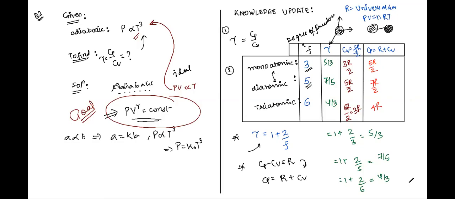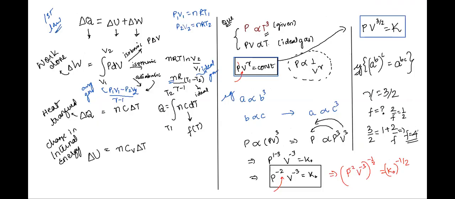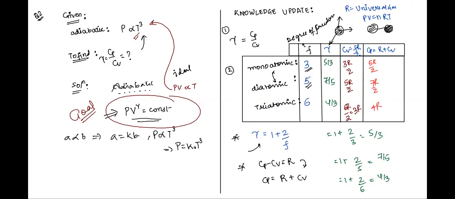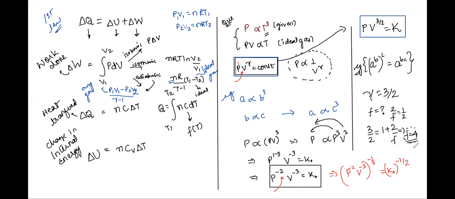I will repeat myself. Suppose you got now F as 4, right? Now it's very baffling. Why? Because if F had been 3, we would have classified this gas as monoatomic. If F had been 5, I would have told it's diatomic, but it's neither 3 nor 5. It lies somewhere in between. So now I'll say that this is neither a monoatomic nor a diatomic gas, but a mixture of the two, right?